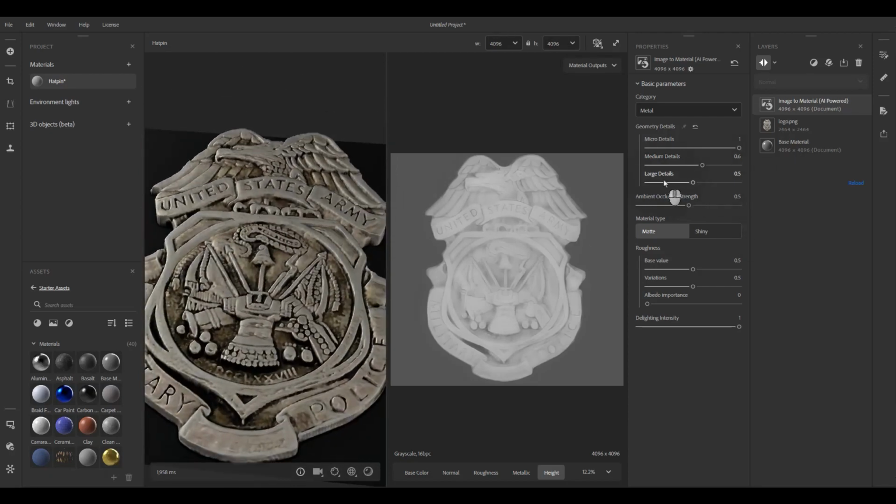For the large details, because we have a solid form here, we don't need to change large details. But in general, you need to tweak these parameters to achieve the look that you want. So this is so easy. And after we achieve this kind of effect here, we are happy with the material that we created. It's okay. I'm going to